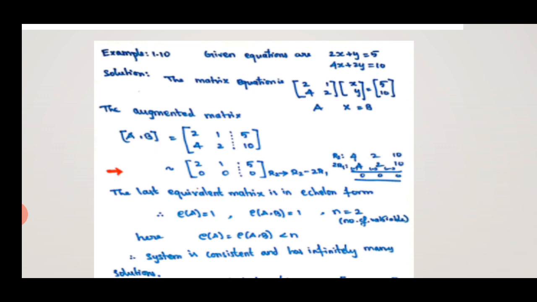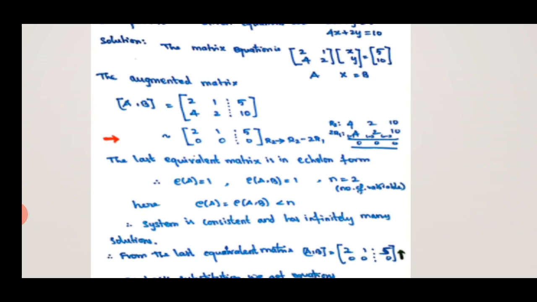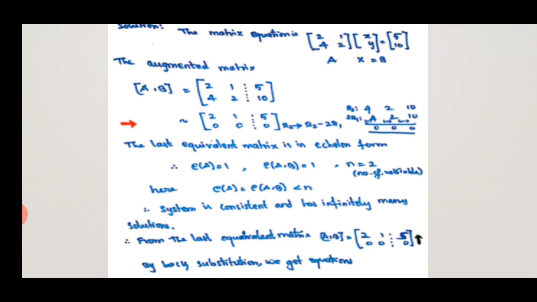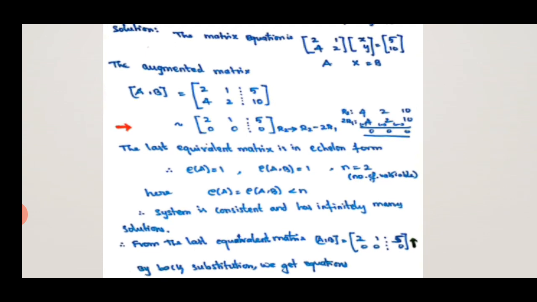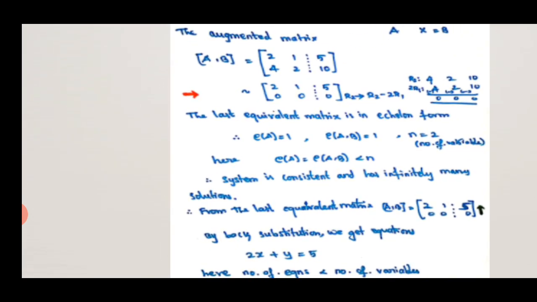What is the first step? We have to write the matrix equation. So I have written the matrix equation. So you can see AX equal to B, that we got. And now the second step is we have to write the augmented matrix. So augmented matrix is the A B matrix, the joint matrix of A and B. So we are writing the joint matrix of A and B. So 2 1 5 and 4 2 10 I have written, and between A and B I am drawing a